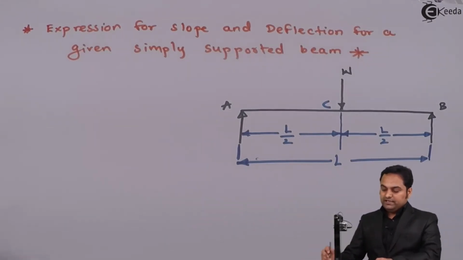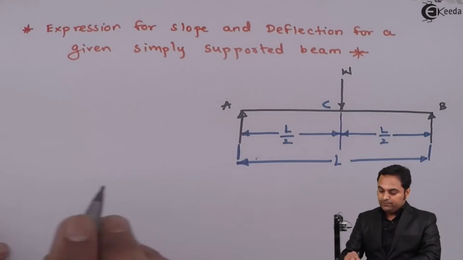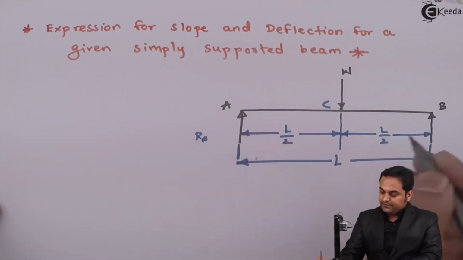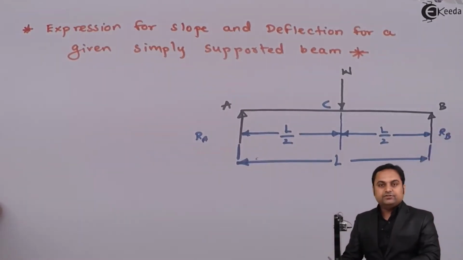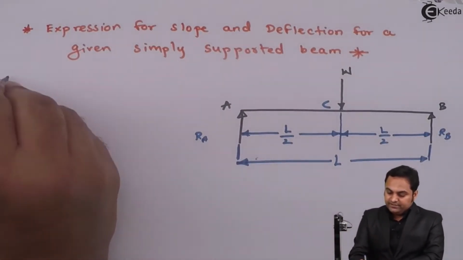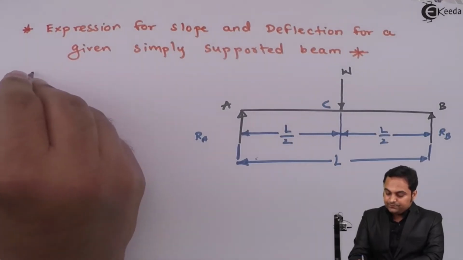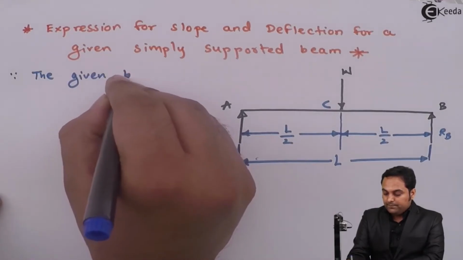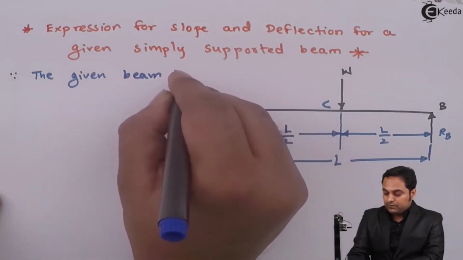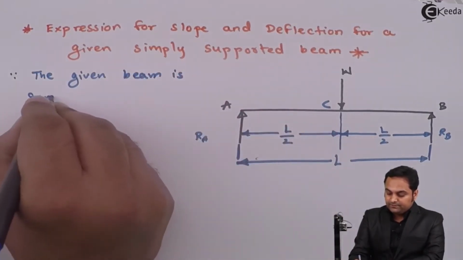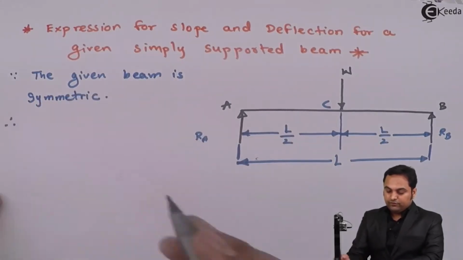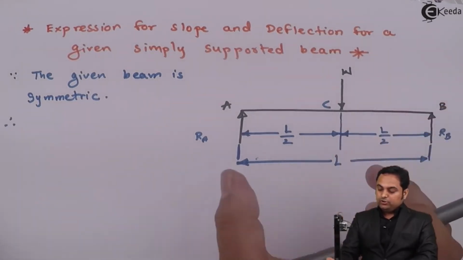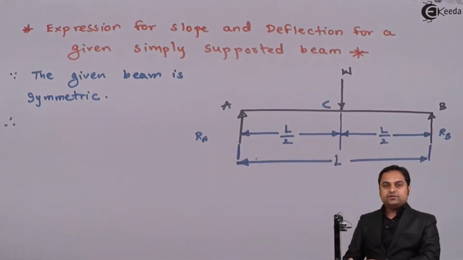So for this, first of all, I'm going to find the reaction at A and reaction at B. That is the first step. Since the given beam is symmetric, because the load is located at equal distance from both the supports,